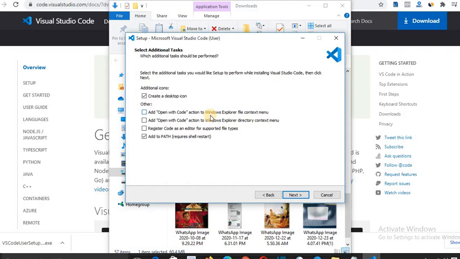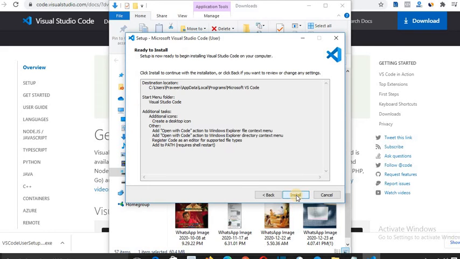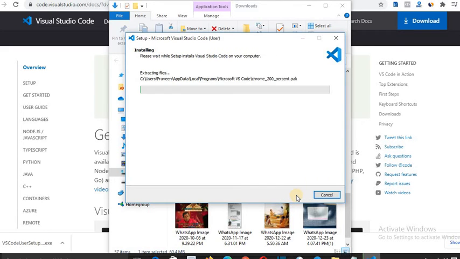Create a desktop icon, I want a desktop icon. Add open with Code to the Windows Explorer file context menu, and to the directory menu. Register Code as an editor for supported file types. I am selecting all these three things, click next, and click install.